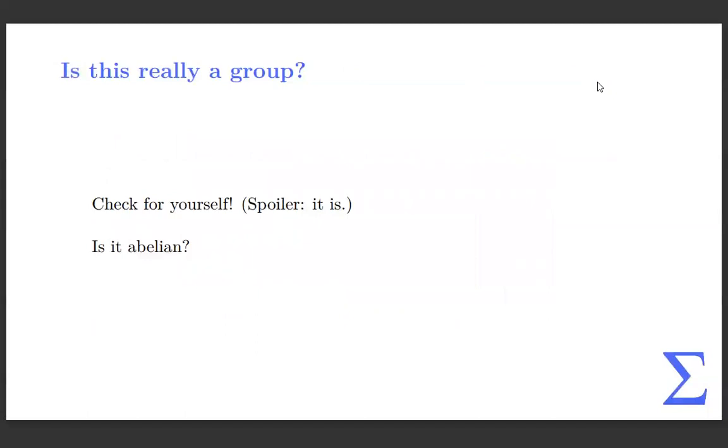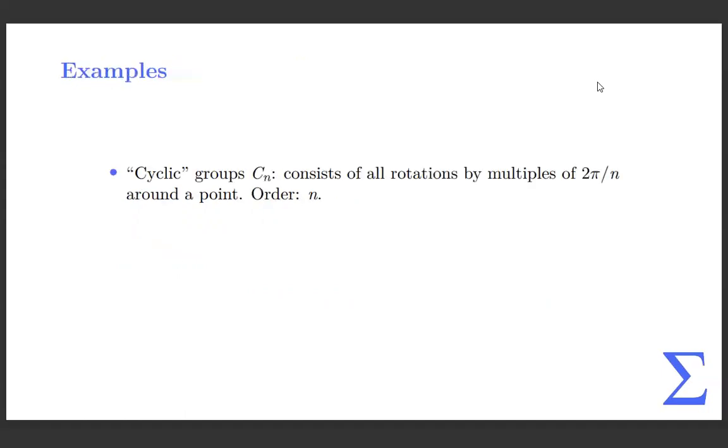Very important question. So if I apply a rotation and a reflection of some sort versus a reflection and a rotation, will I get the same thing? No, it's not commutative. It's not abelian. Okay. So cool. Here's some examples of